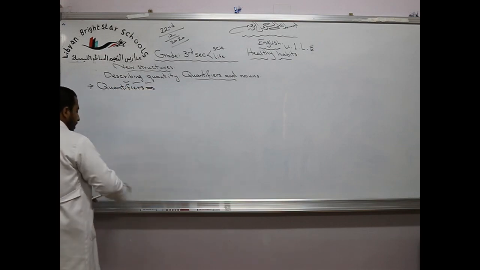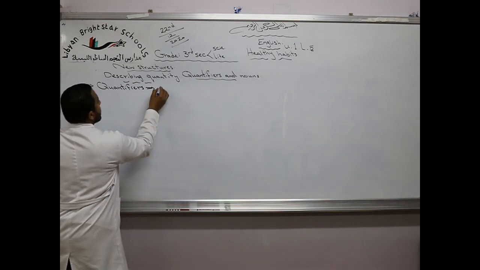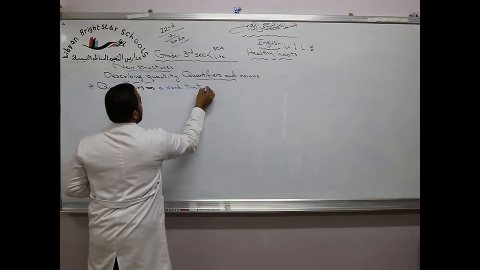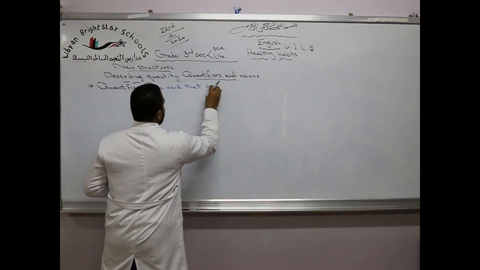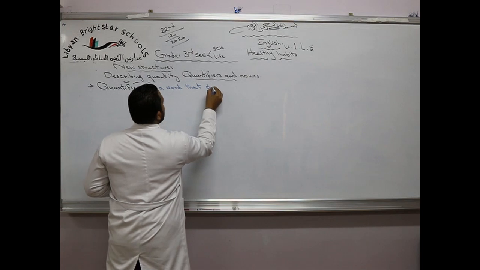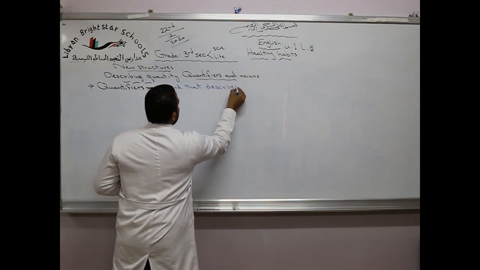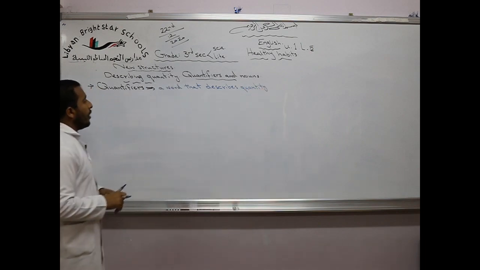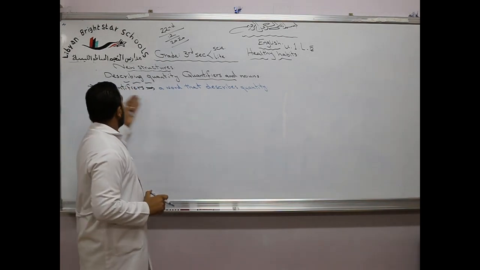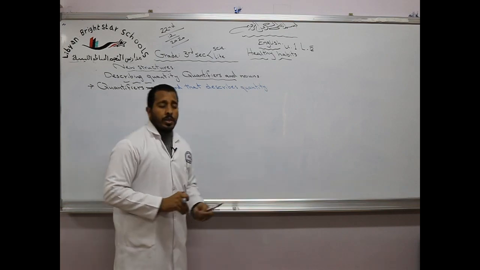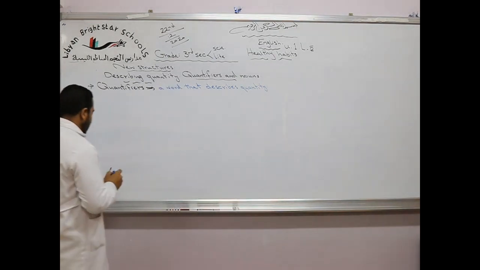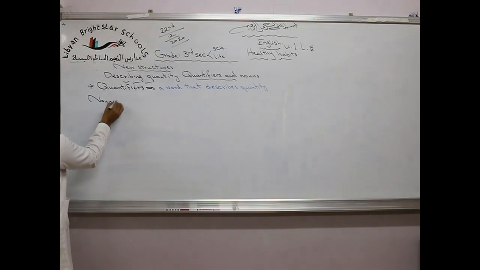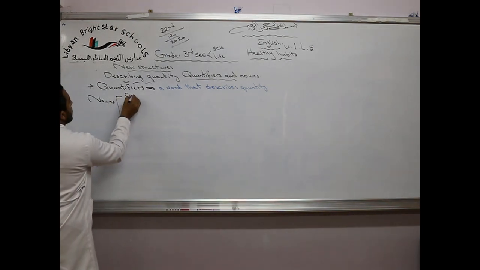Quantifiers is a word that describes or expresses quantity. As we all know, we have two kinds of nouns. Nouns can be both countable